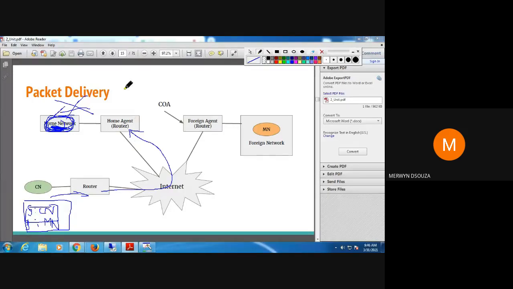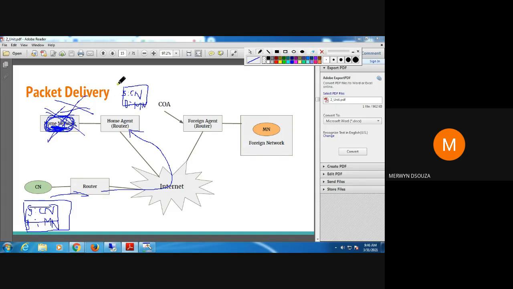So once the home agent gets this packet, it already has source address CN and destination mentioned as MN. When I say this, I mean the IP addresses. When the MN is not present here, you have already seen how the COA is obtained.